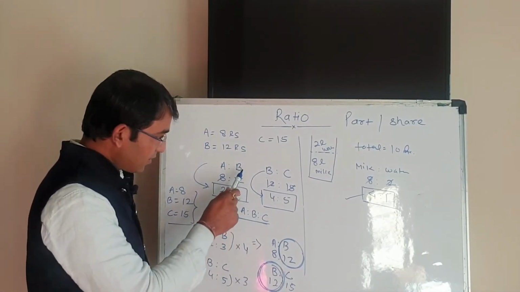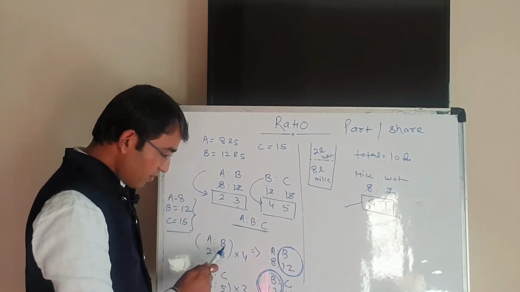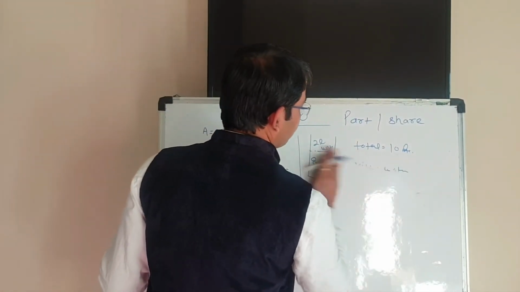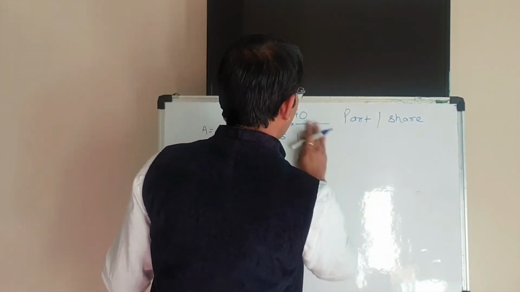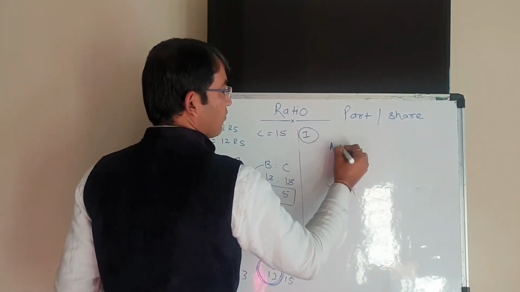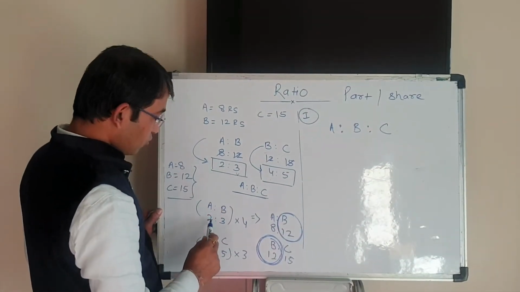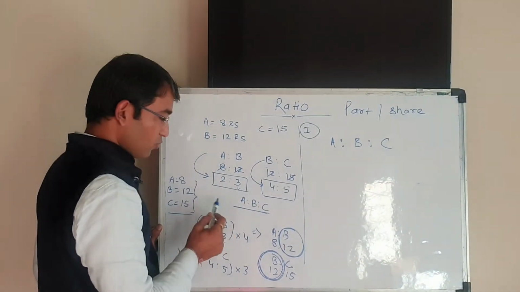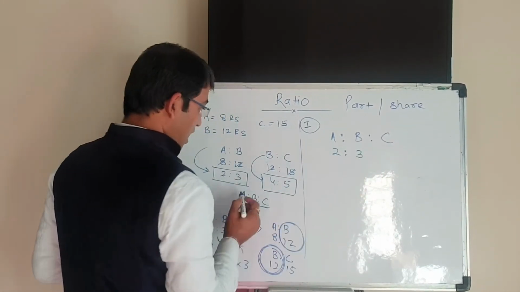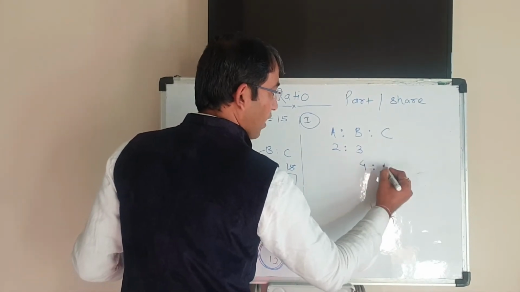We have to understand that the ratio value of B is 3 here and the ratio value of B is 4 here, but the actual value of B is 12 on both sides. So if we want to take the actual value in an easier way, we take method 1. In our method 1, first of all we have to write A, B and C. So the ratio is 2:3. Here you have been given the ratio 2:3, so we will write it 2:3, and the ratio of B and C is 4:5, so we write it 4:5.